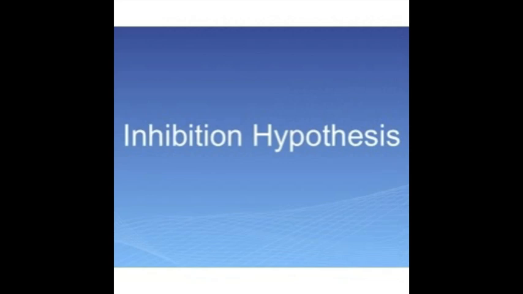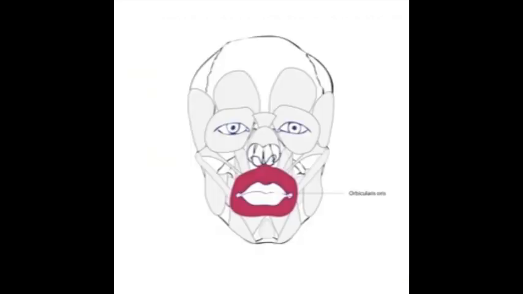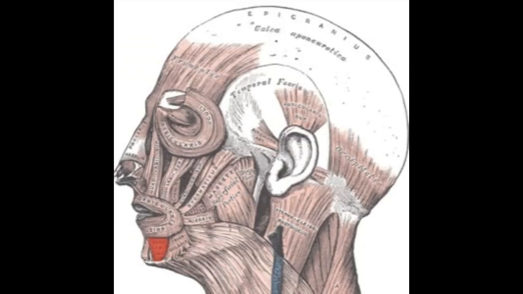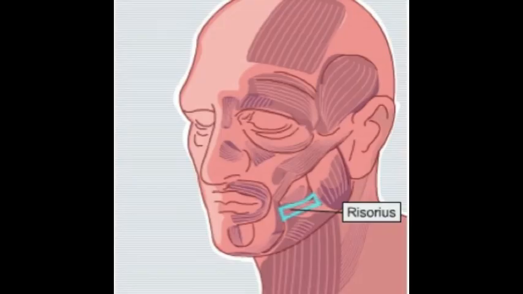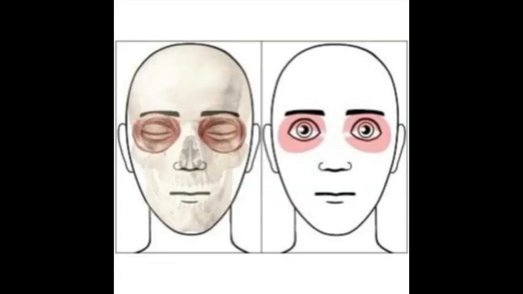In order to determine the accuracy of Darwin's inhibition hypothesis, Dr. Ekman identified which facial actions are difficult to make intentionally. Using the facial action coding system, FACS, that he developed in 1978, some of the muscles that were identified were the orbicularis oris, the depressor labii inferioris, the risorius, and the orbicularis oculi pars lateralis. The movement of these reliable facial muscles signify felt emotions, or as Dr. Ekman refers to them, leakage.